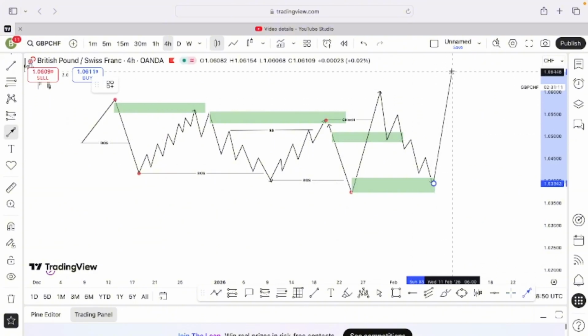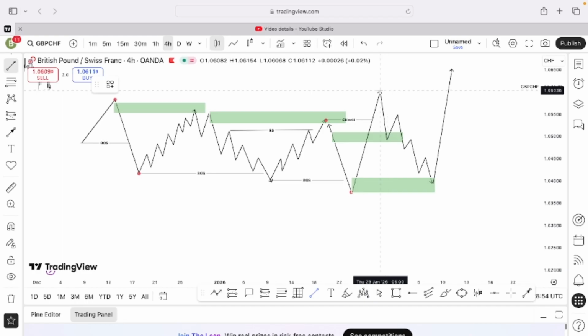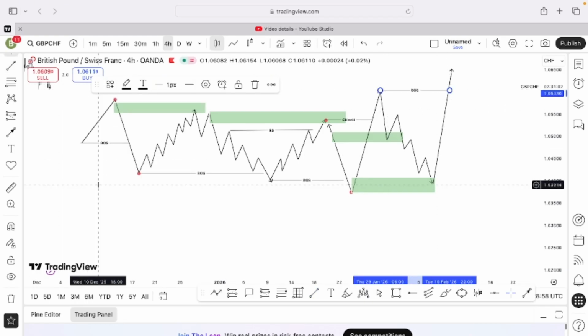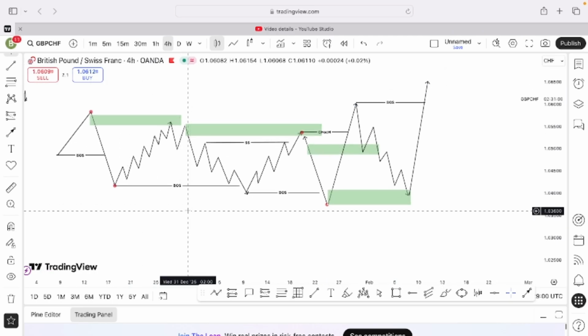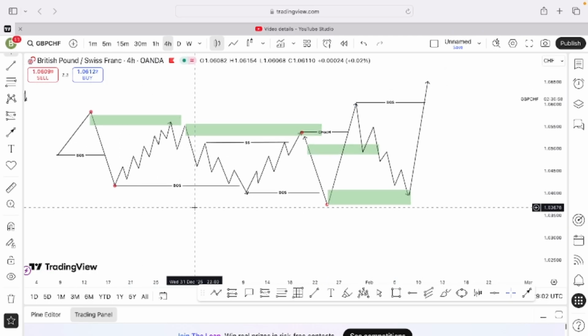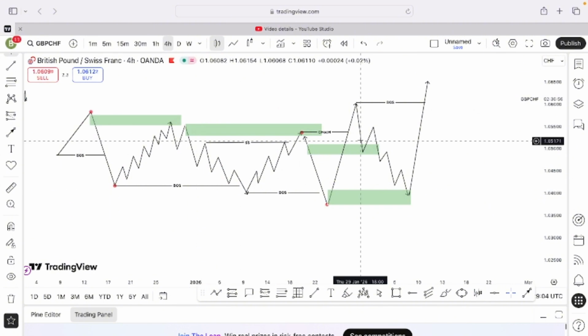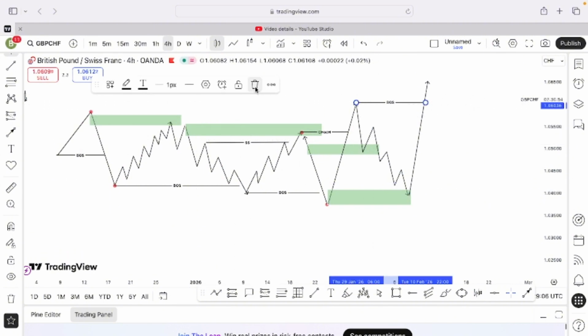Then you get a change of character, a break of structure now. So this is the extra confirmation that most of the traders are talking about. It's nice to wait for a confirmation like this, but I don't recommend you wait for this type of